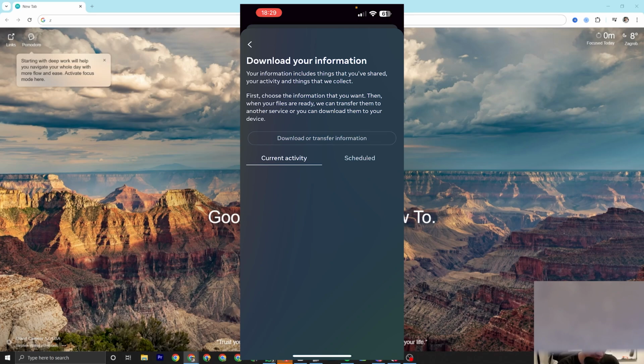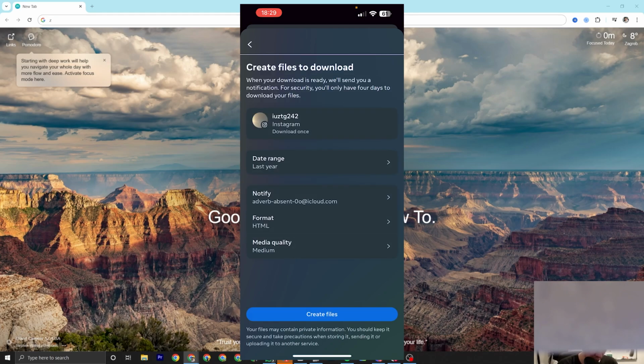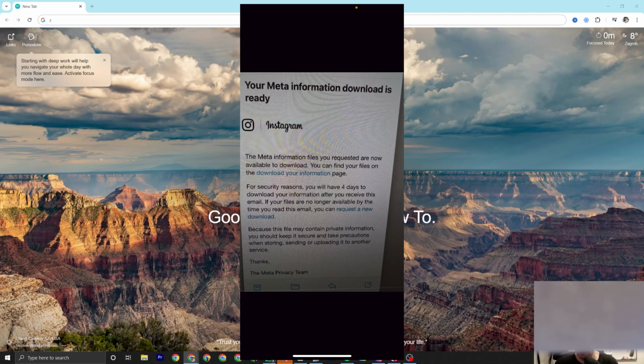Just tap on download or transfer information and then just click on all available information. Then just go to download to device, choose Instagram, and then just click on create files. And once you receive your files, you're going to get an email that tells you that your information is